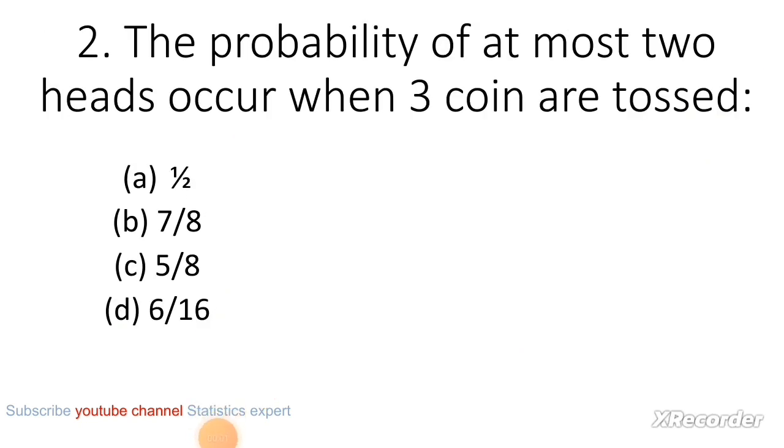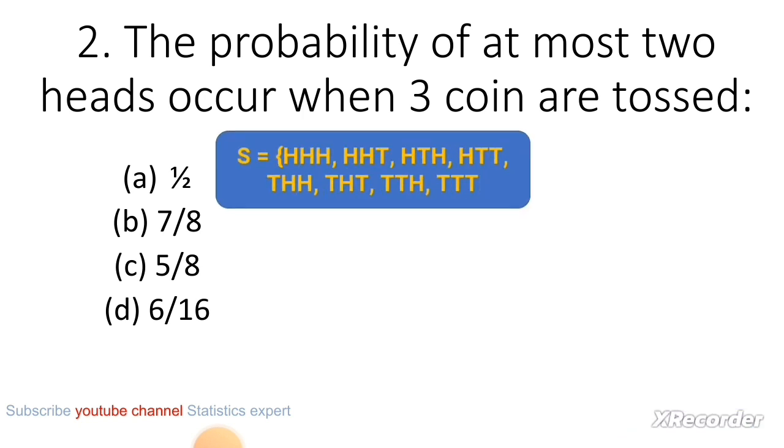Probability of at most 2 heads occurring when 3 coins are tossed. First of all we need the possible sample space. Here is the possible sample space. The probability of at most 2 heads. At most, but not at least. So hence